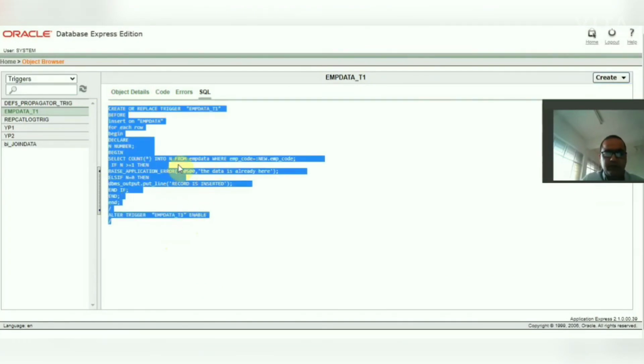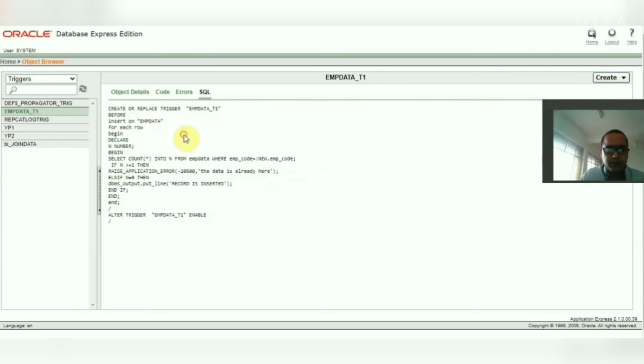So you can create this trigger, and it is very useful if you do not want to create a primary key just to prevent duplicacy. If you are using a single table and do not want to create a primary key, you can create this trigger. It will be fired on insert, and you can change it to on update or both queries.